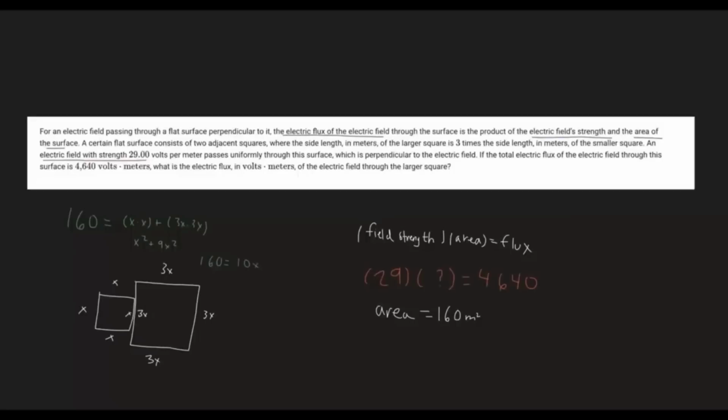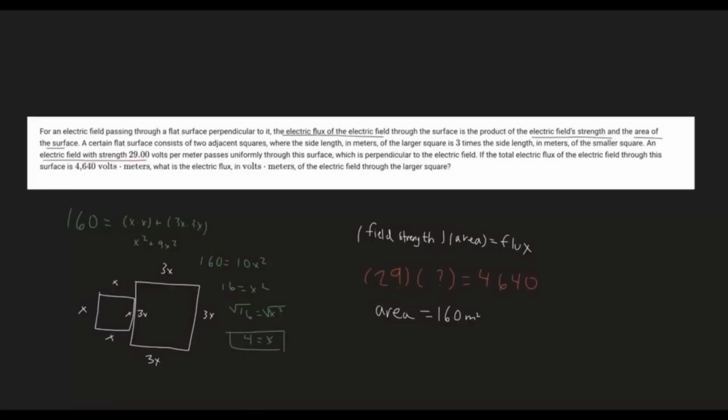So now we have 10x squared equals 160, right? So we can divide both sides by 10. We get 16 equals x squared. And then we can just take the square root of both sides. We're going to take the principal square root, so that's just going to be positive 4 equals x. So we found the value of x, and that's helpful because now we can plug in